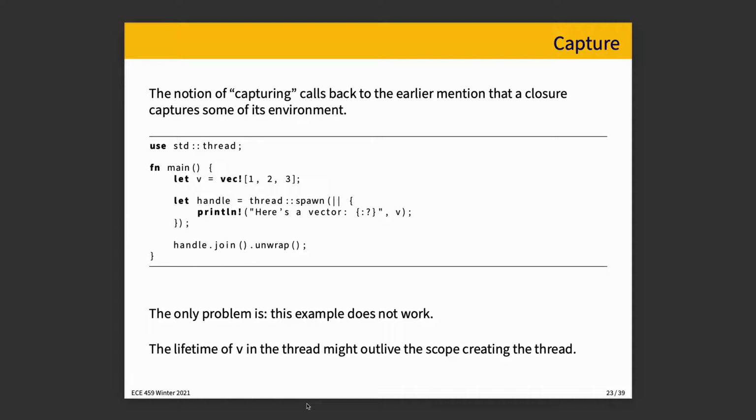And we'll actually take it for a spin, and we'll see what happens. However, the problem is that the lifetime of vector v in the thread might outlive the scope creating the thread. Well, okay, what does that actually mean? What happens here? See, when we are creating a thread in Rust, we're not really sure necessarily how long it's